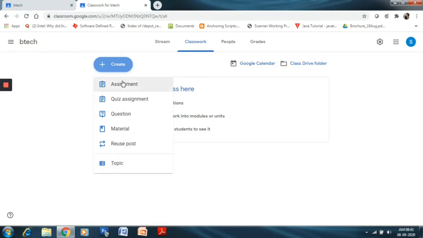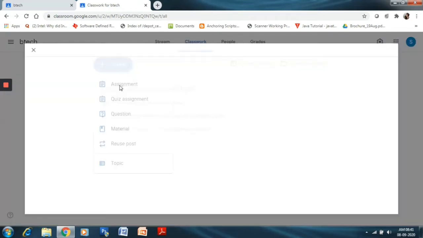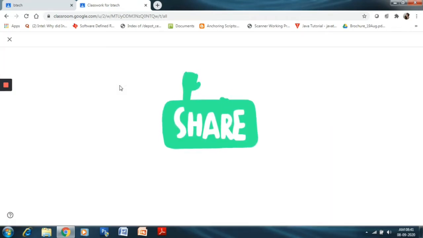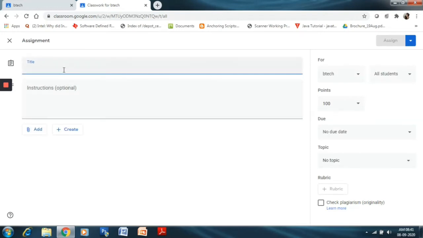So we are talking about giving an assignment. This is the tab where you can give assignments, so we will click on this tab, and now you can see you can add the title here about the assignment. After adding the title, let us type the assignment title.